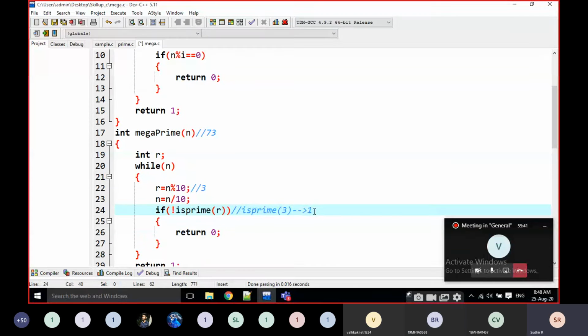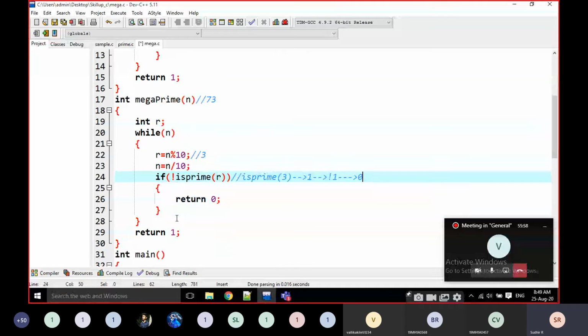Now I am putting a not symbol there. Not 1. What is not 1? 0. I am going to check whether it is not a prime, that's why I am writing the not symbol here. This is very similar to this one.